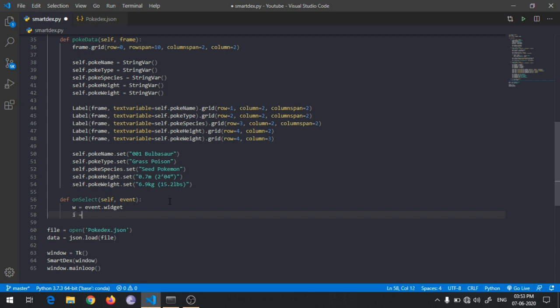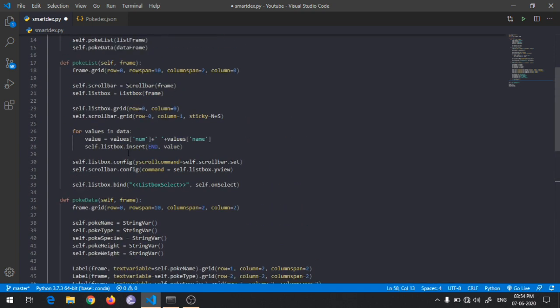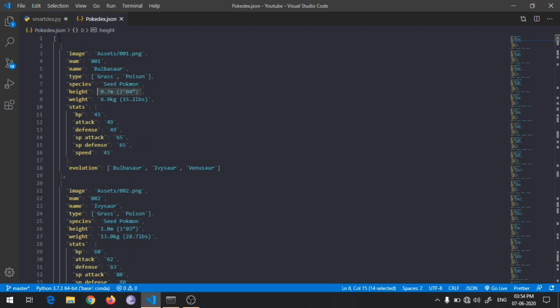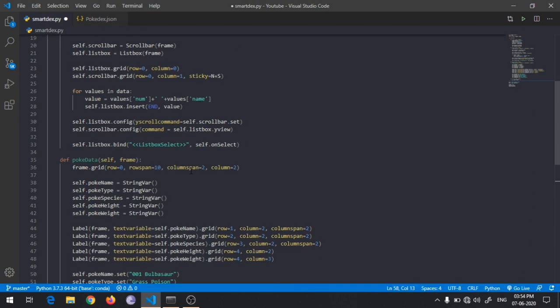Then I will be getting the index. Why am I taking an index? As you can see, I have just passed these values, value num and value name, to the list box element, but as a string. So the 0th element in our list box is Bulbasaur, and the 0th element in our Pokédex.json object is also Bulbasaur.